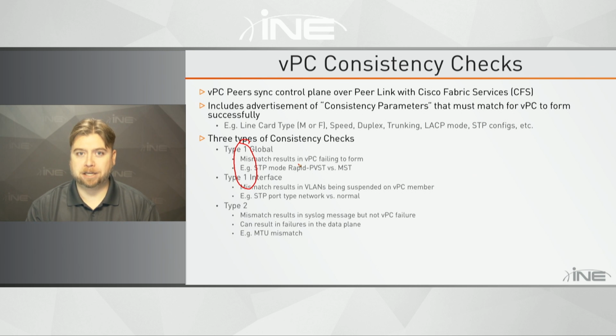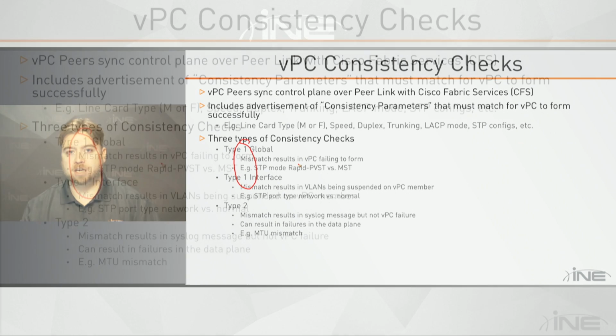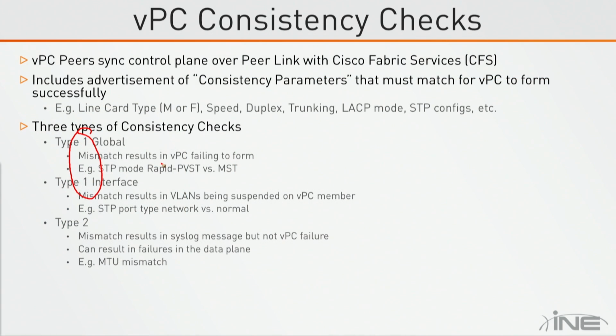Where the type 2 mismatches don't stop the VPC from forwarding, but it generates a syslog message and it gives you a warning to say, hey, this might be some sort of problem in the data plane that the VPC system can't really predict what the impact is going to be. So for example, if you configure jumbo MTU on one of the peers and you leave the default MTU of 1500 on the other one, and we think about this from the data plane point of view,